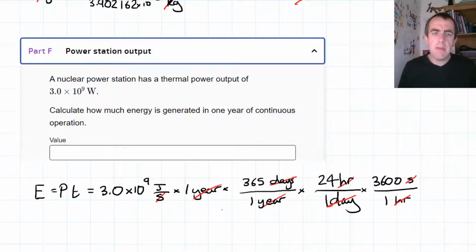Lex, have you ever seen that before? And did you follow how I did it? Let me know while I'm chugging the numbers into my calculator and probably making a mistake. So 3E9 times 365 times 24 times 3600 times